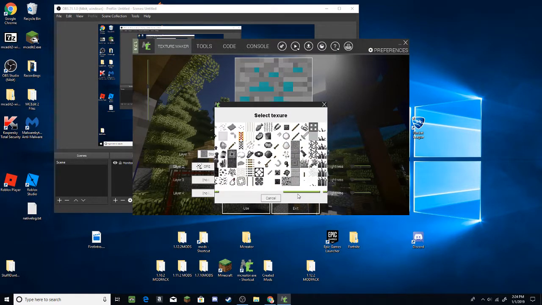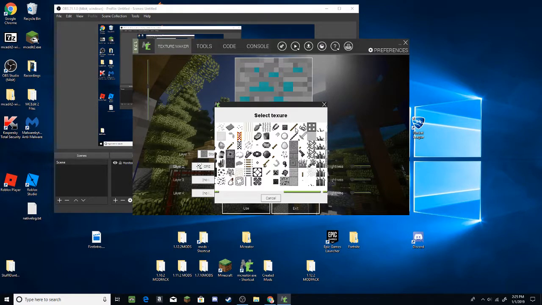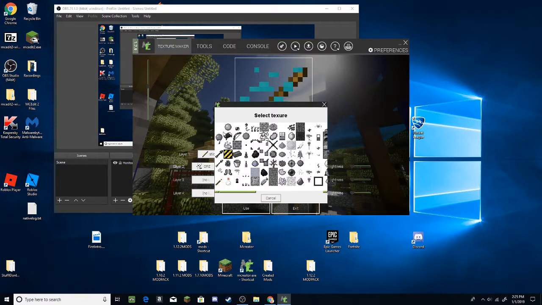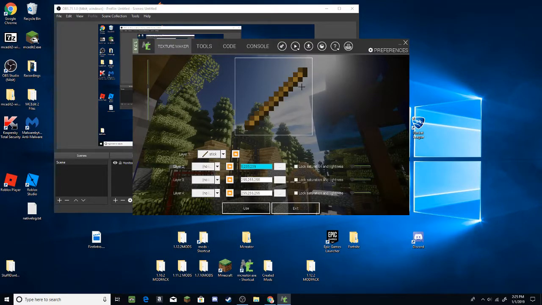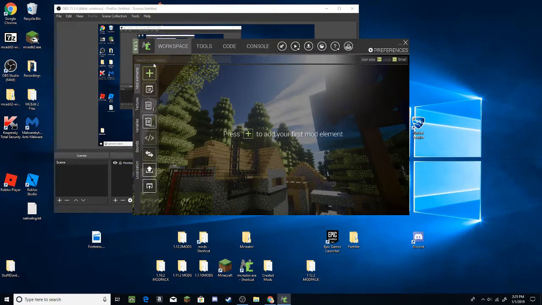Go ahead and click on that, and then you can choose how you're going to make it. For mine, I'm going to be making an obsidian stick that you can use in tools. I just selected this stick and then I selected air, so it would look a little like this, and then I clicked use, but I already made it. Then it should take you to your workspace or list of mods, and then go on the left hand side where it says